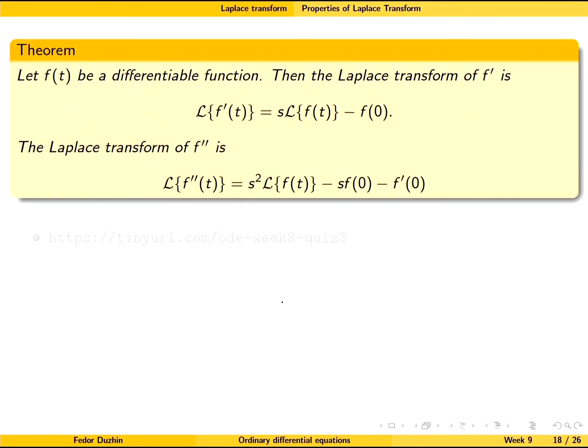So here is another little theorem for you. This is a very important property of the Laplace transform. I could prove it, but I suggest